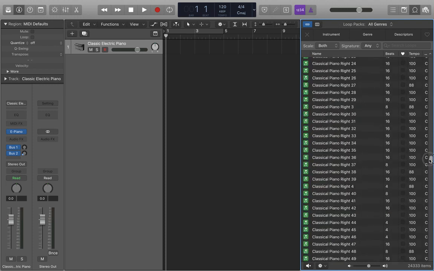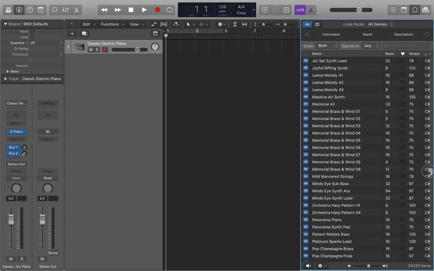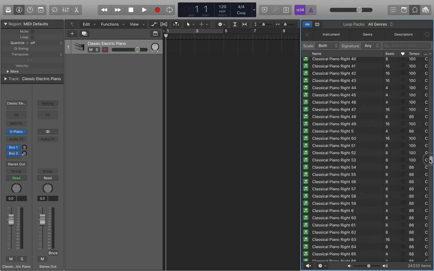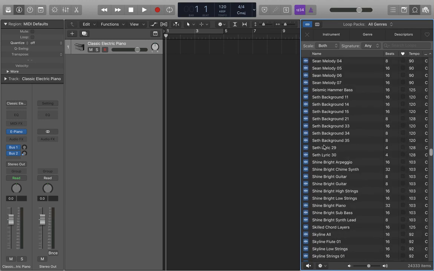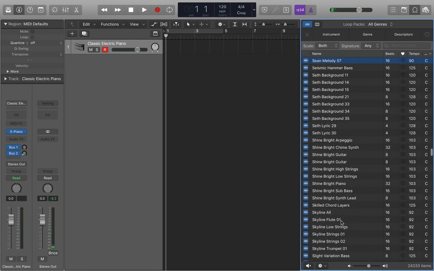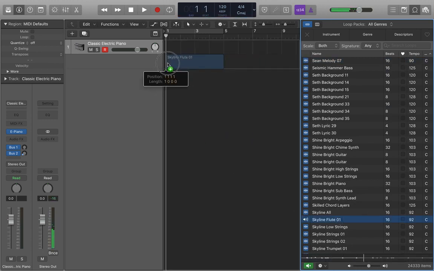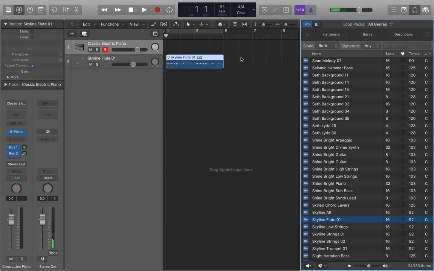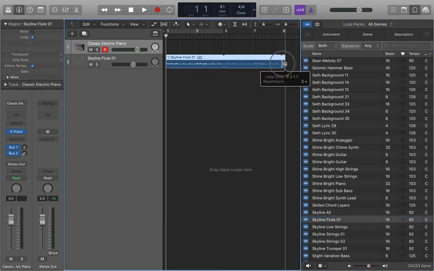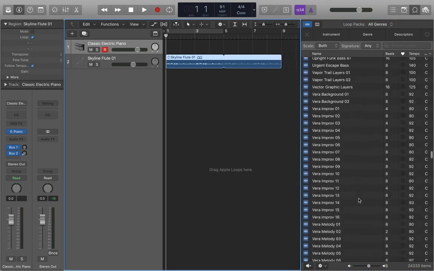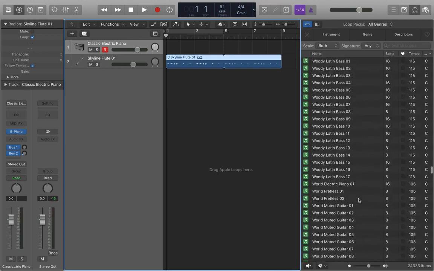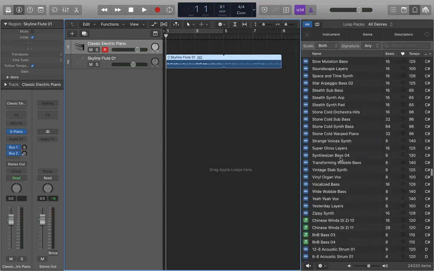Now, if, for example, you were to combine an Apple loop that was in C with an Apple loop that was in, say, C sharp, well, you can hear for yourself what that would sound like. So let's choose this one. So Skyline Flute, and note you can only add it to an audio track, not a MIDI track. So we've got our Skyline Flute in C, in the key of C. If I scroll down and find an Apple loop in C sharp,